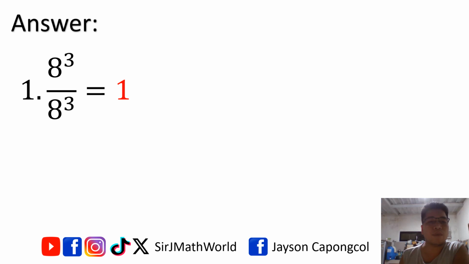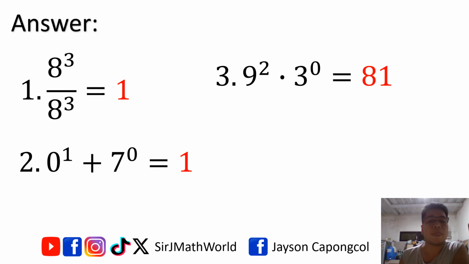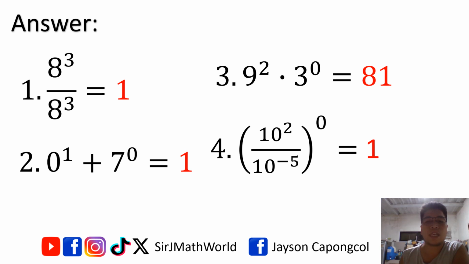And the answer for number 1 is 8 cube over 8 cube is equal to 1. Then for number 2, 0 raised to 1 plus 7 raised to 0, the answer is 1. For number 3, 9 squared multiplied by 3 squared, magkaroon tayo ng 81. And for number 4, the quantity of 10 squared over 10 to the negative 5 raised to 0, the answer is 1. And that's all for the